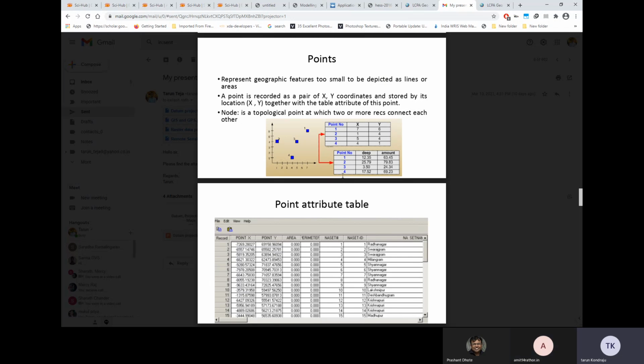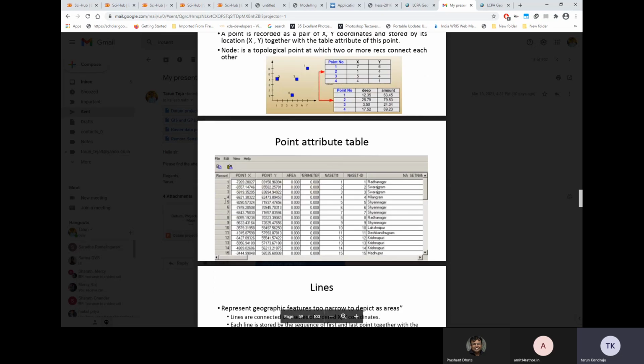The good thing about this database is it stores everything in sequence. If you jumble up this sequence, if you are trying to go from 2 to 3, 3 to 4, it will jumble up and go directly from 1 to 4. This is how it looks: point X, point Y, area, perimeter. So for every point,